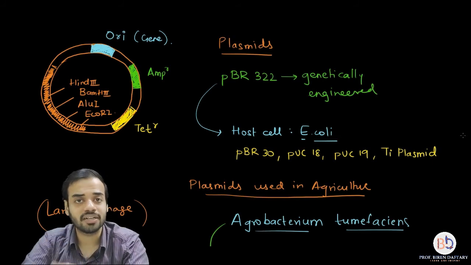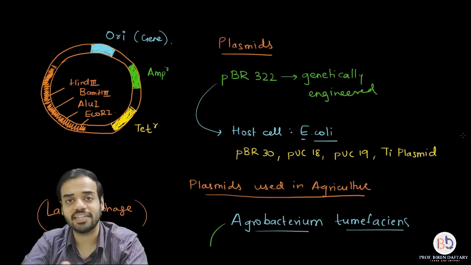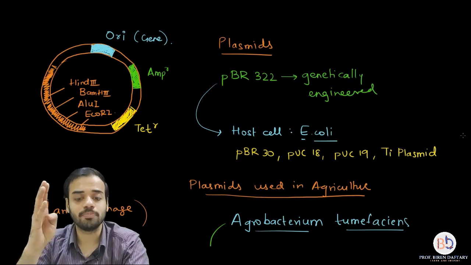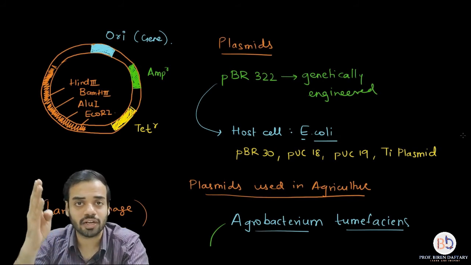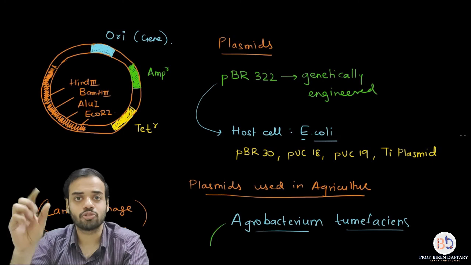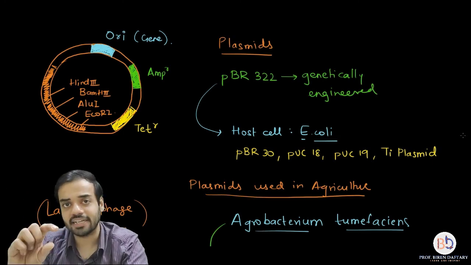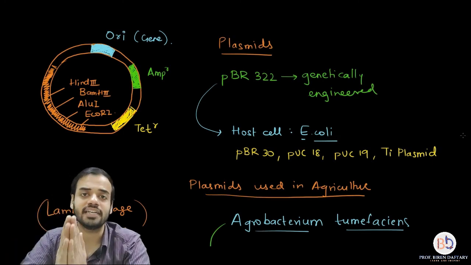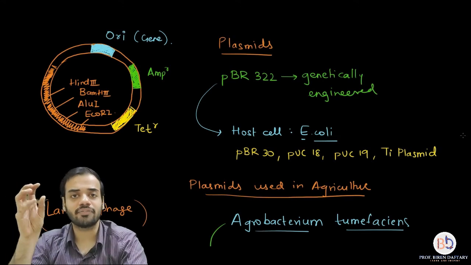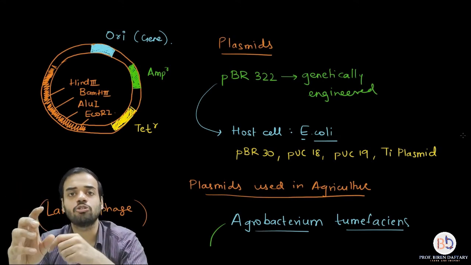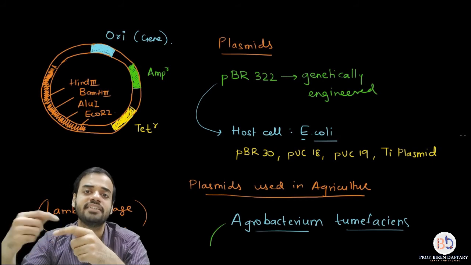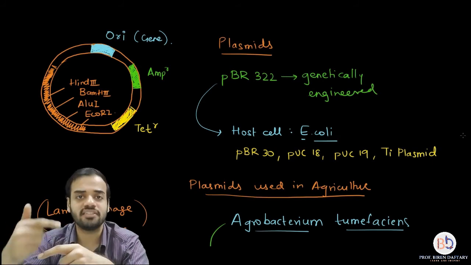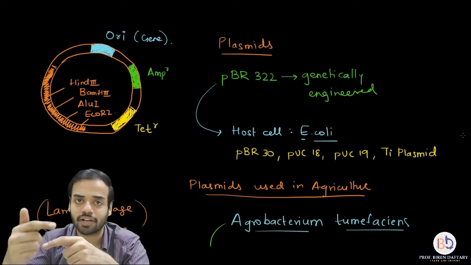There should be marker genes which are also antibiotic resistant sites. Fourth point, there should be cleavage sites or sites for cutting by restriction enzymes. So when you cut that area, you can insert the required DNA. See, the required DNA fragment which is inserted is also called a DNA insert, or it is also called a gene, or it is also called a DNA fragment. Please remember.